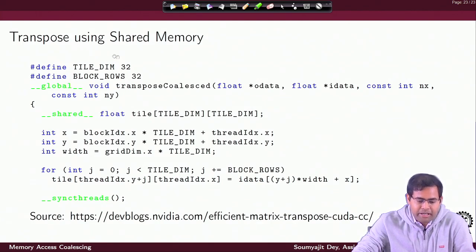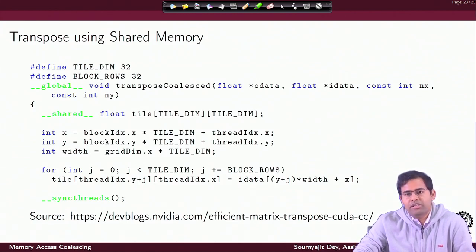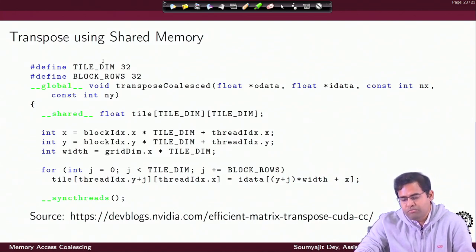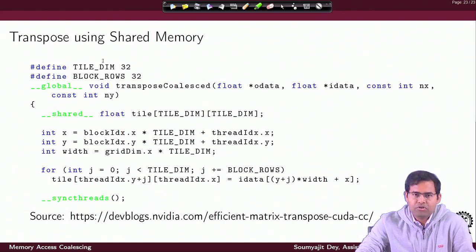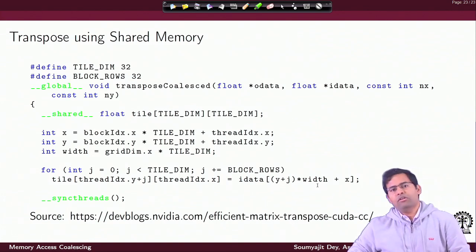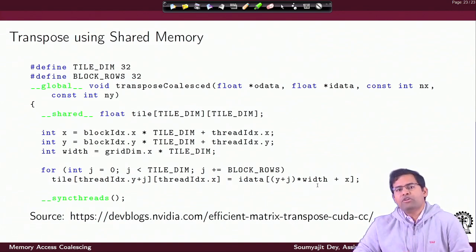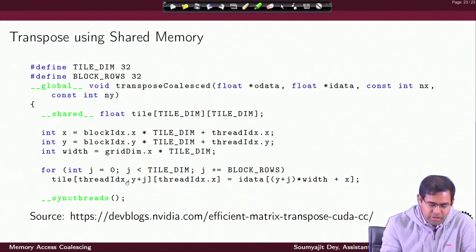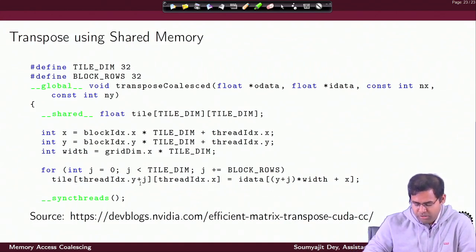In this simplistic setting that we have taken, the block size is technically equal to the thread dimension. So essentially you have a block of threads which are each copying one element into the tile, and in that way each thread inside the thread block is loading some element into the tile. Up to this point we do not have a problem. Essentially all the threads are doing a sequential row access in the global memory, and they are writing into the shared memory again using a sequential row access, as you can see from this expression. So, up to this is fine.